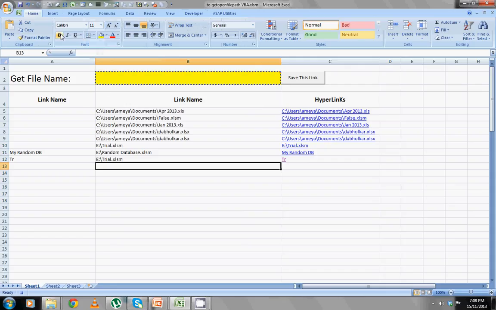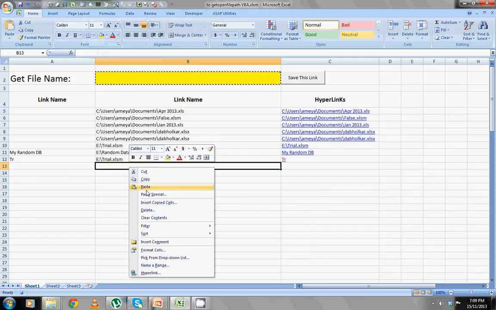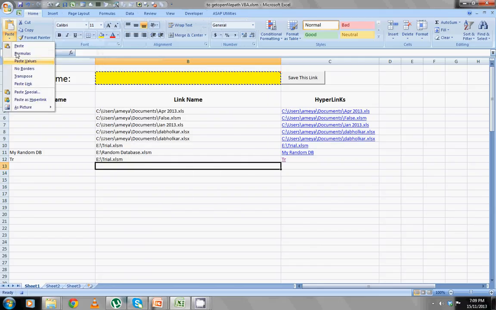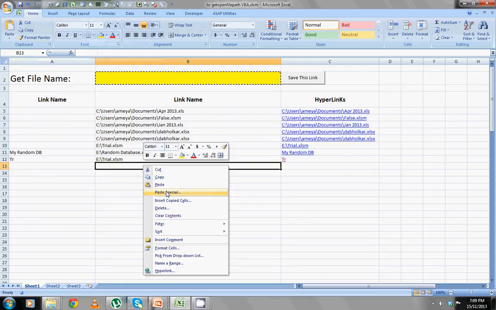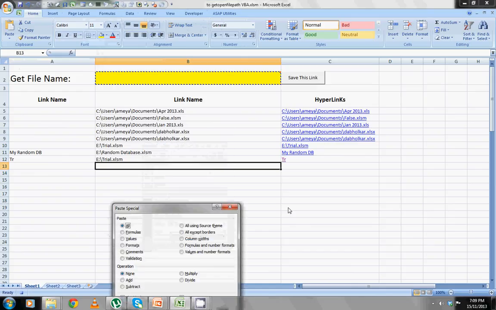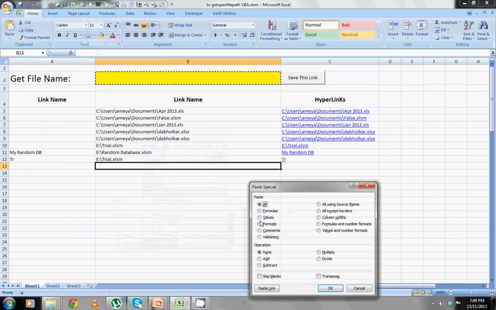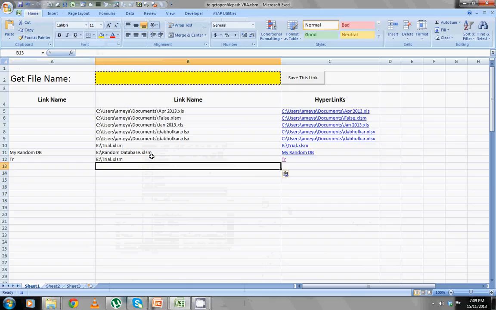That's why we will right click and go to paste special, or you can find a menu here, paste special. We'll paste values, or right click, paste special, and you get a paste special dialog box. We'll just say paste special values, and then stop recording.